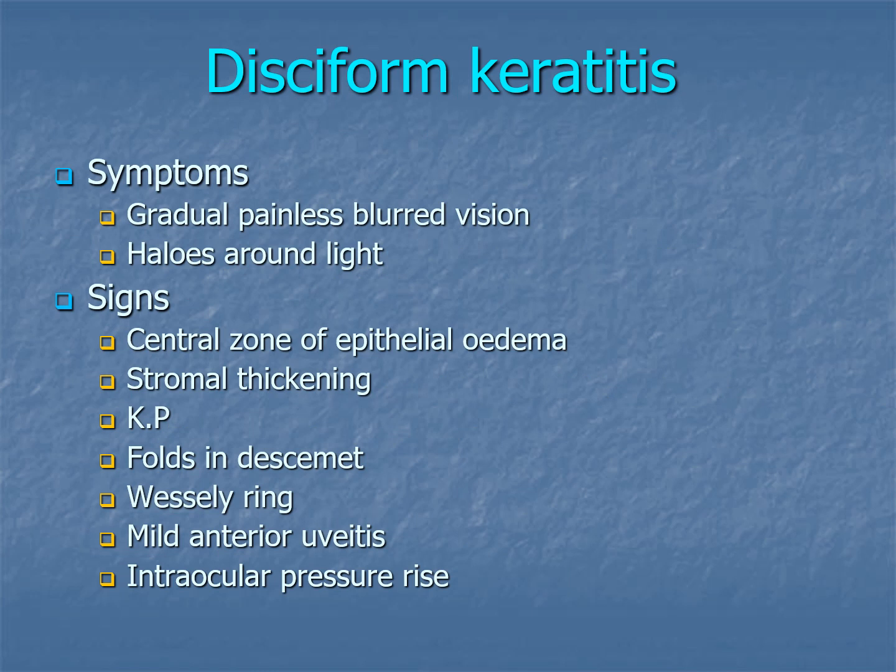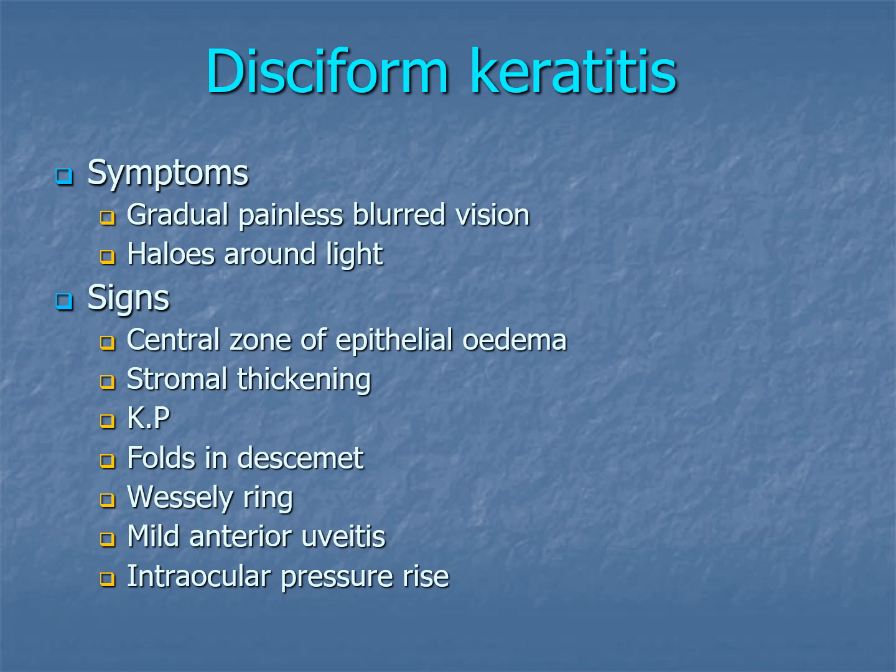So that is all about herpes simplex keratitis. Now we will briefly discuss the disciform keratitis. In disciform keratitis, the patient presents with gradual painless blurred vision and halos around light. And when you examine the patient, you may find central zone of epithelial edema, stromal thickening, keratic precipitates, pores and